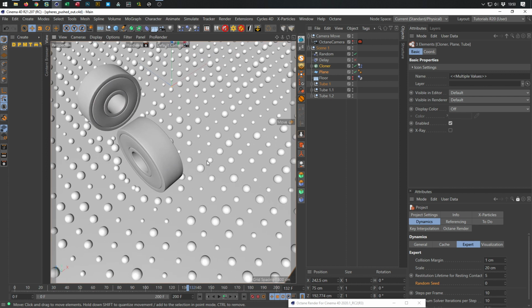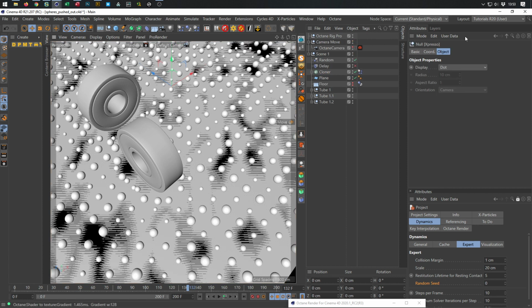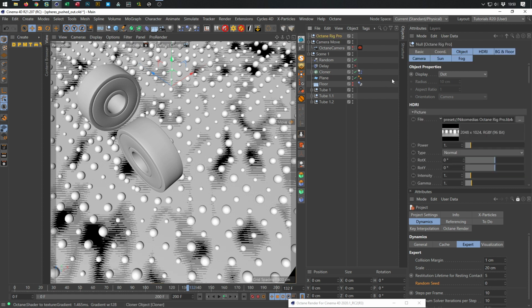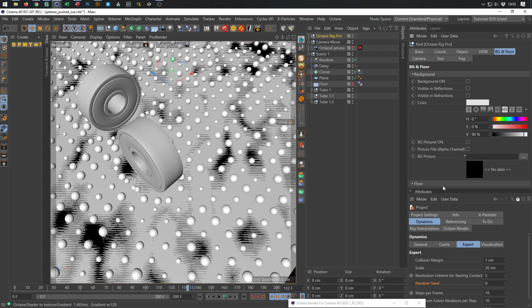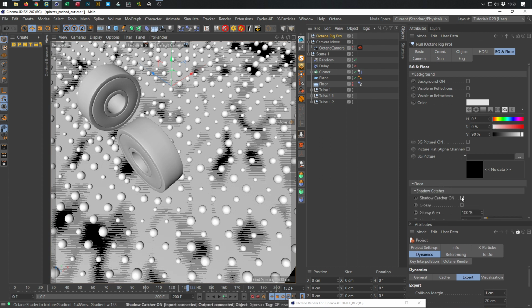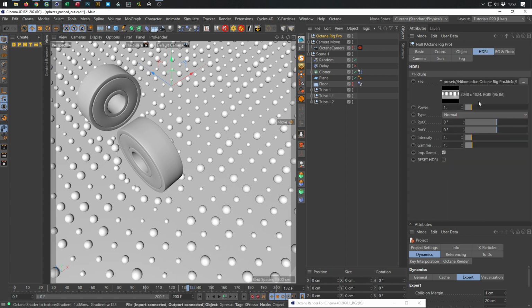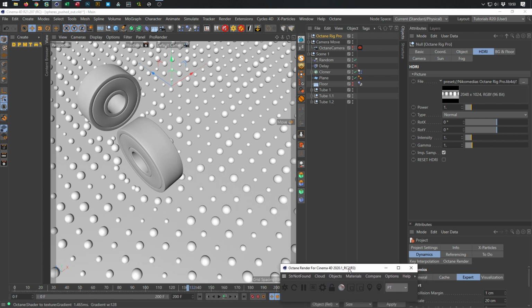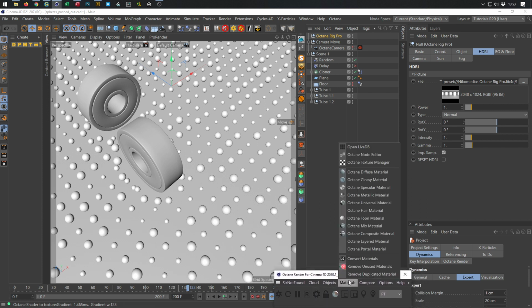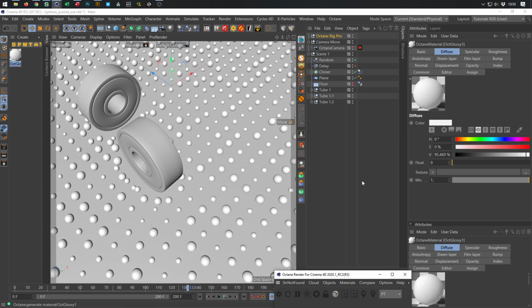So here I want to render, no, not render, I want to texture. So we make a very simple floor. First I bring in my Nikomedias Scene Rig, of course. We have nice reflections and everything. I don't need here the floor, so bye bye. HDRI, so, and I said I make a very simple floor. So the floor, make a material, glossy material,